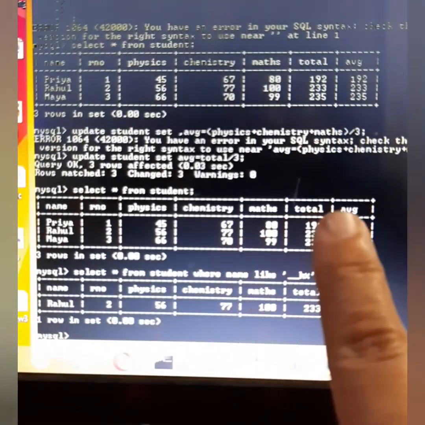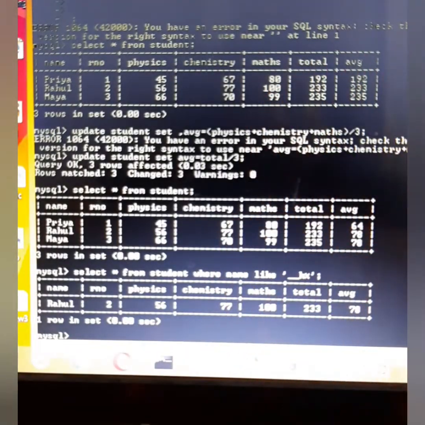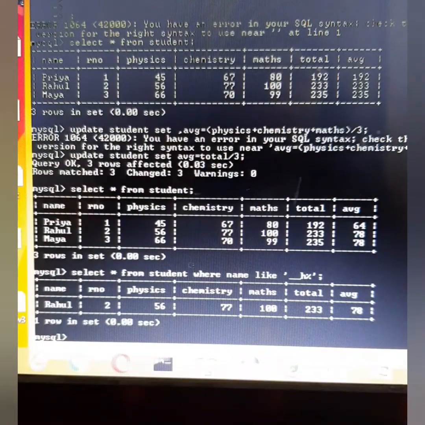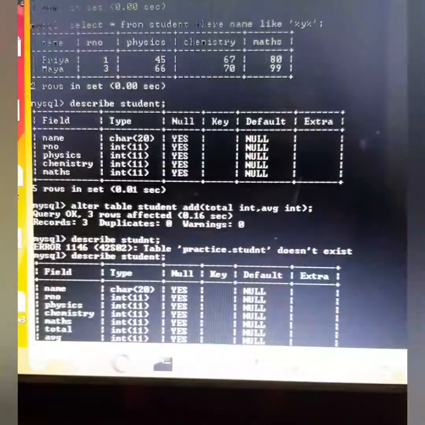Then we have seen that in order to add more attributes into your table, first of all, alter table student. Then with add keyword, you are going to add your attributes that you want with the data types.